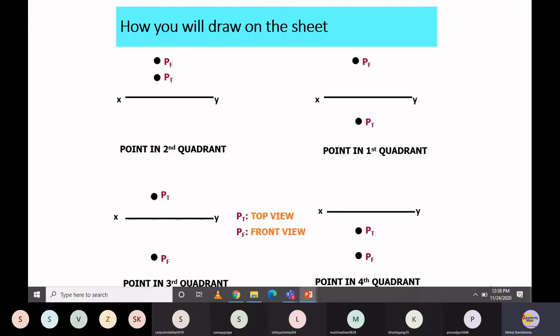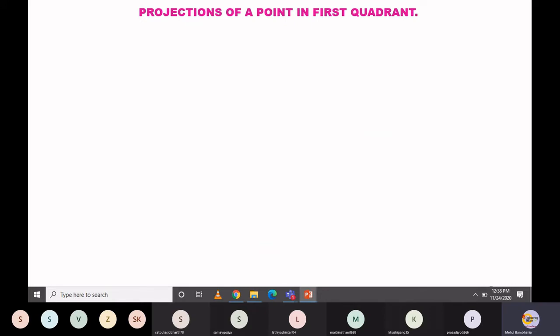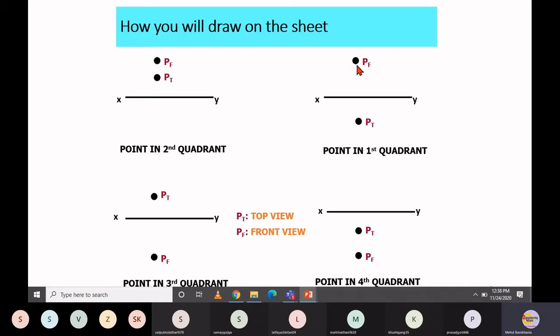Let's move on. Let's discuss more about this projection of a point. There should be a question: I said that your front view projection may be located over here, it may be located over here also, or it may be located over here. So where exactly do we have to locate this point? It depends on the possibilities of where you are putting your point. Depending on those possibilities, the answer of that projection is decided.